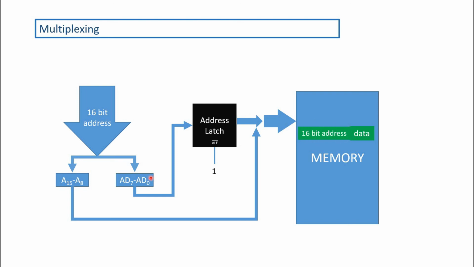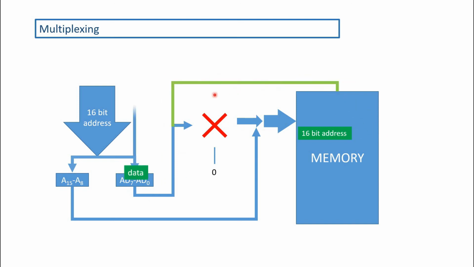So now what? If we close this latch by making this pin low, this portion and this portion are now disconnected. So we can easily move data through this line to the internal data bus. That was our objective. And as this latch was enabled, the data couldn't go in this way and mix up the address, but it had to go in this way and reach the internal data bus, that is inside the MPU. So we have saved 8 pins that we can use in several other purposes.